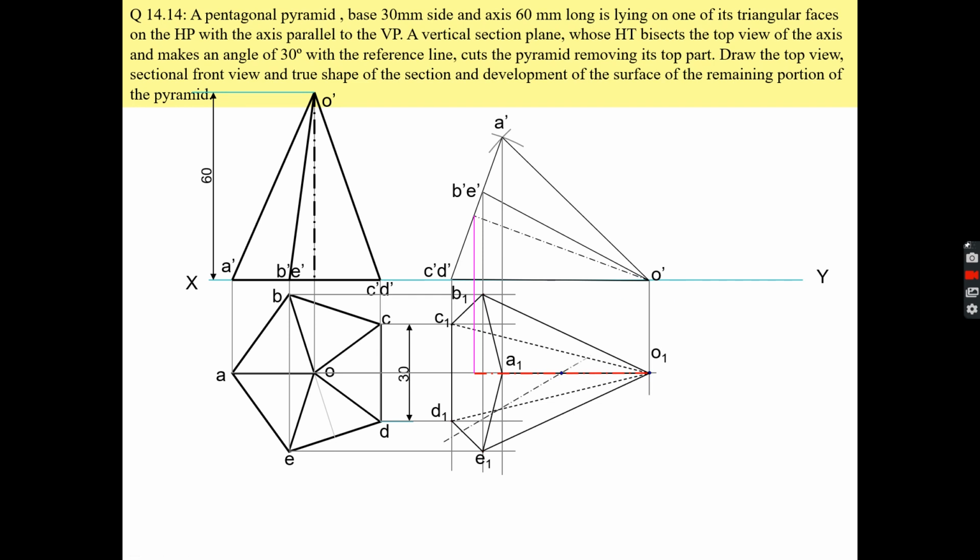So like this, you can cut the solid. Okay. After cutting the solid, you can see how it is cutting the solid. This section plane is cutting the slant edge OB at this point, OC at this point, OA at this point, and